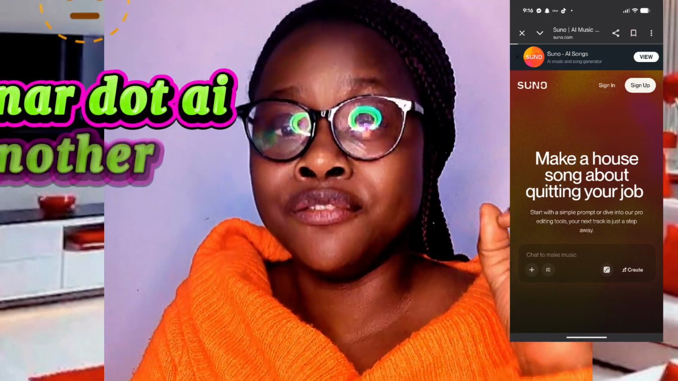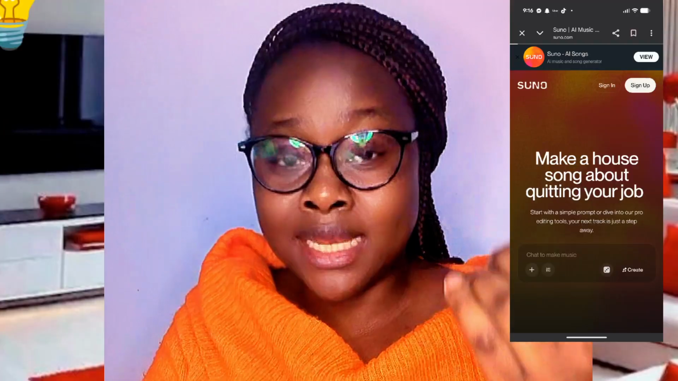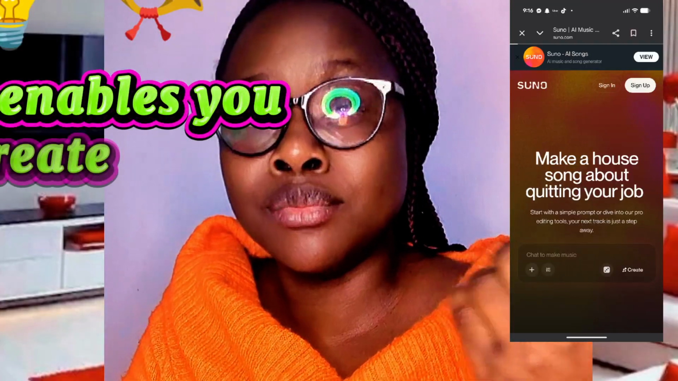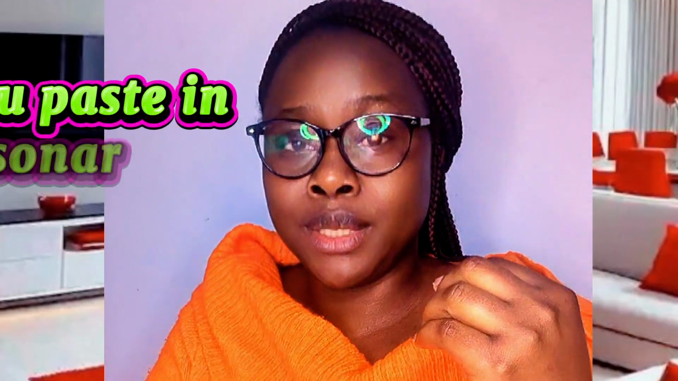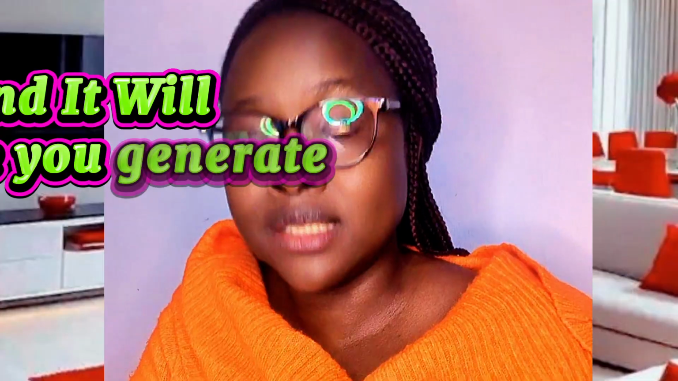Sono.ai is another free application that enables you to create music for free. Once on Sono.ai, you will copy the song script that ChatGPT gave you, paste in Sono.ai, and it will enable you generate the song. Once your song is ready, you save it and you go back to ChatGPT for a